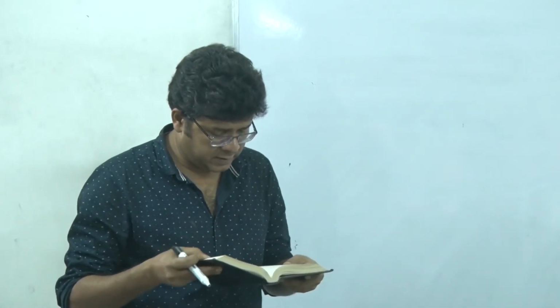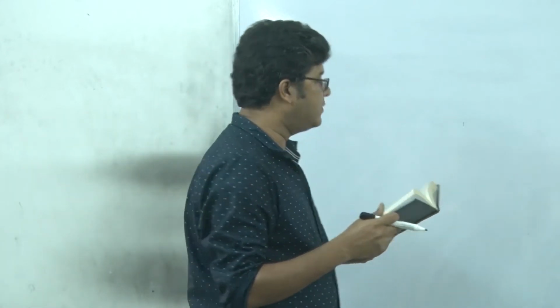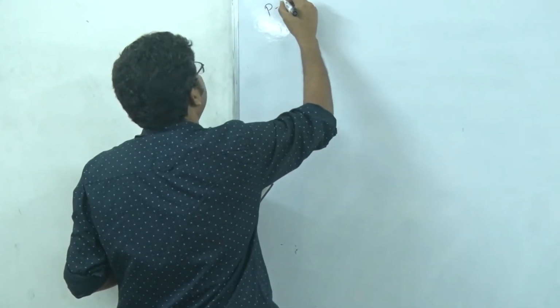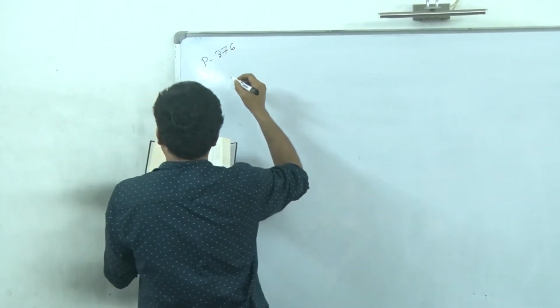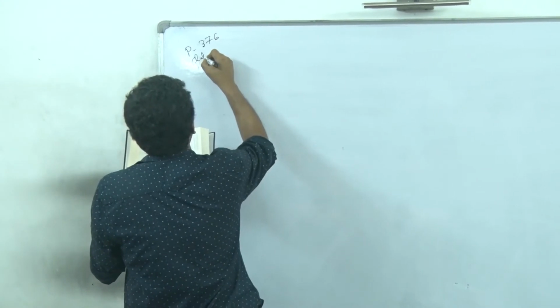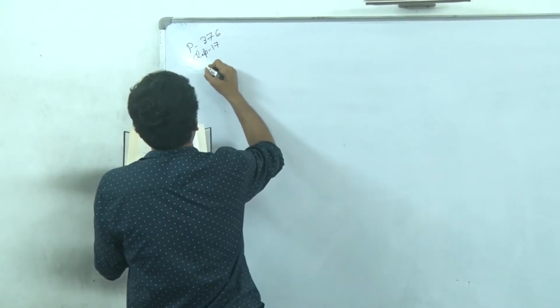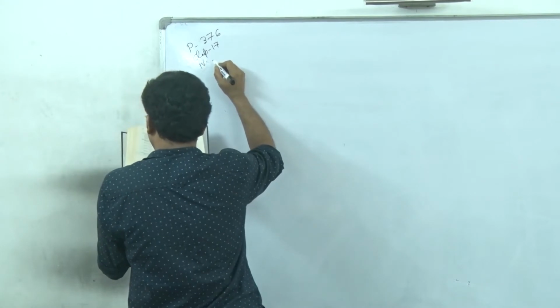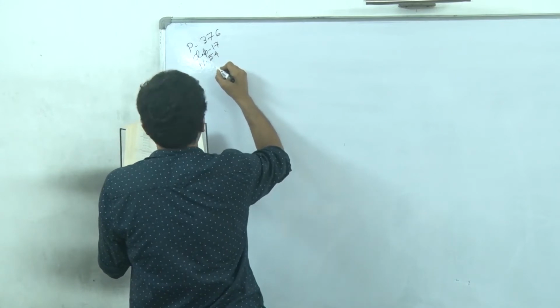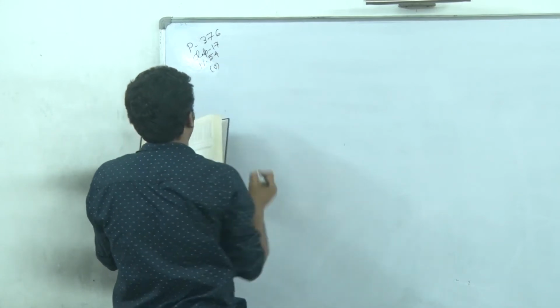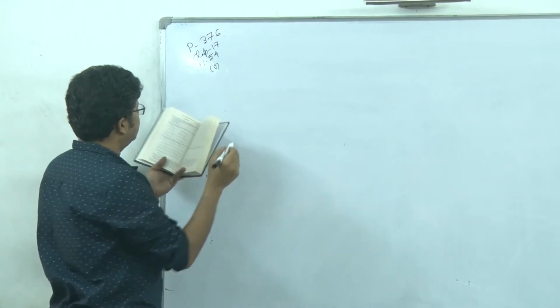Let's say here I am taking an example, an exercise problem basically, from the book of Stephanopoulos, page number 376. So this is the problem, page 376, the exercise problem in chapter 17, and the exercise problem number is 17.5. Right? What are the transfer functions?